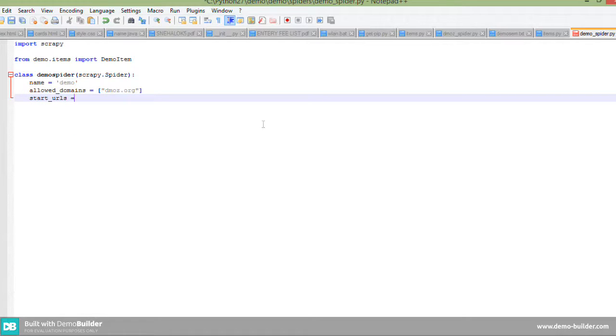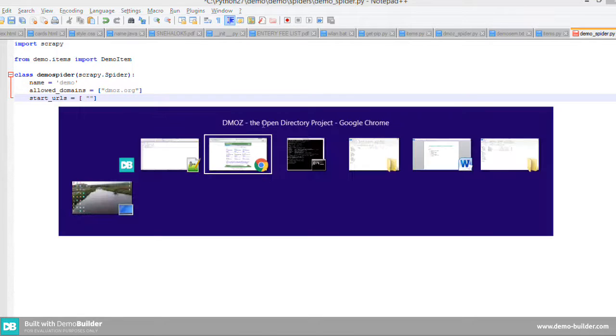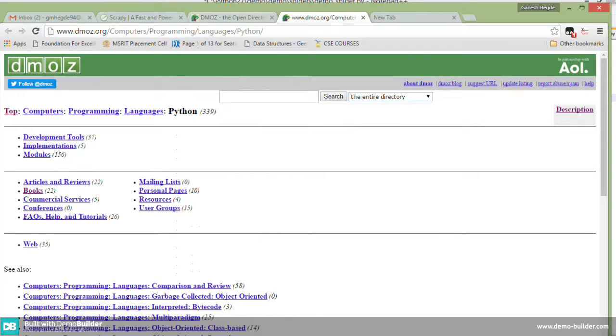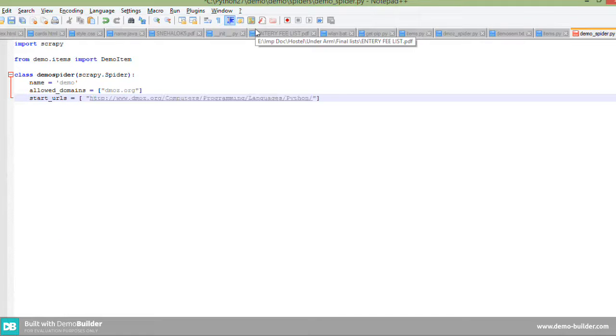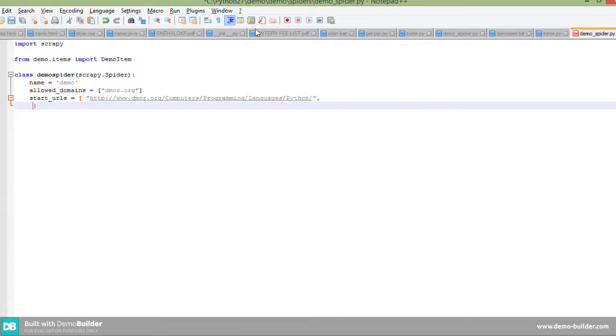These are the variable names. You can give anything. I will give one we can understand, like allowed domains and start URLs. Very simply, we can't use foo and bar. Okay, what are the URLs we need to scrape, like the demos Python page? Copy and paste here. After pasting, put a comma. Okay, next step is,